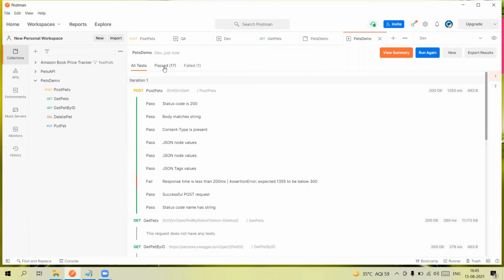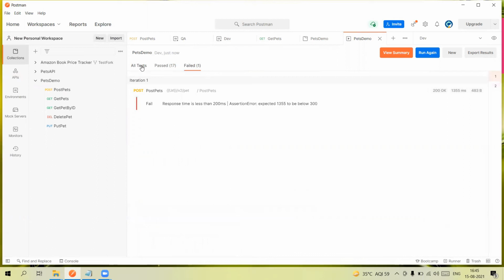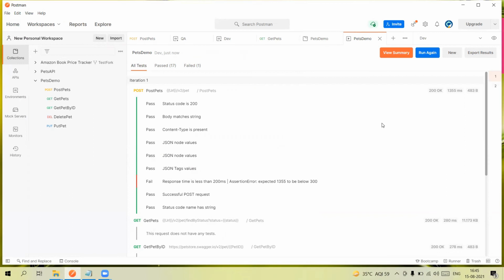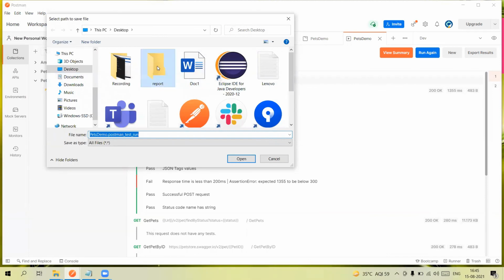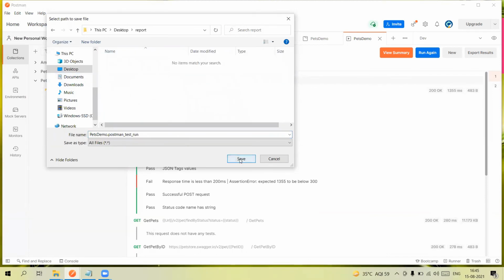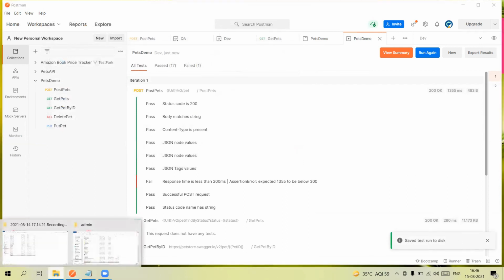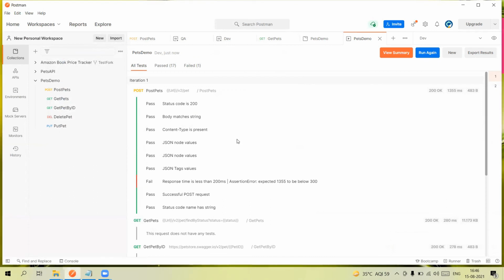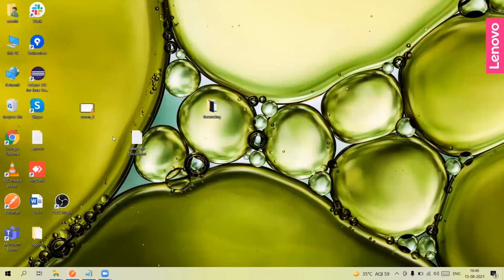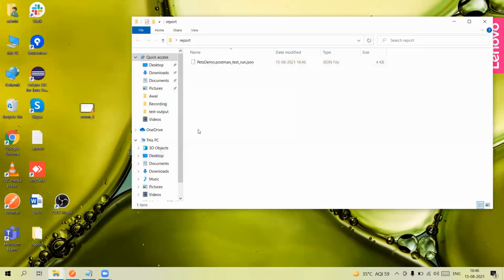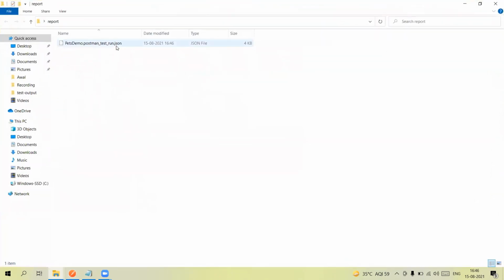Next, if you want to export the result, on the top right corner we have the Export Result button. Click on this, select the folder where you want to save, and click save. This will save your report on your disk, and you will get a message here. Go to your folder, reports, and you will see the result is saved in JSON format.